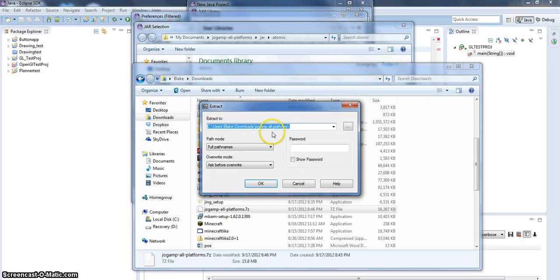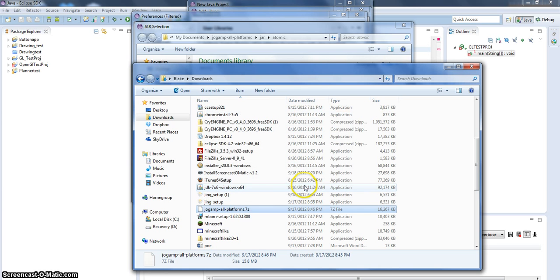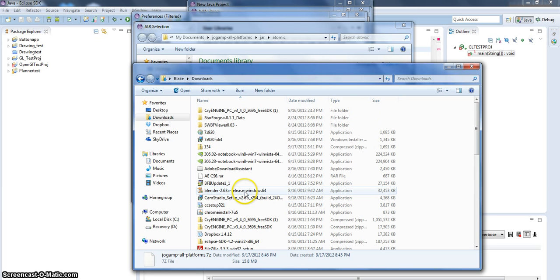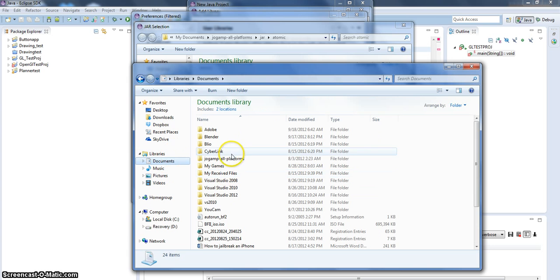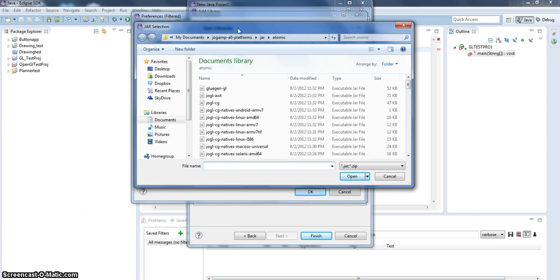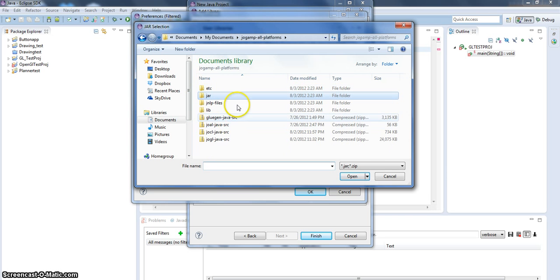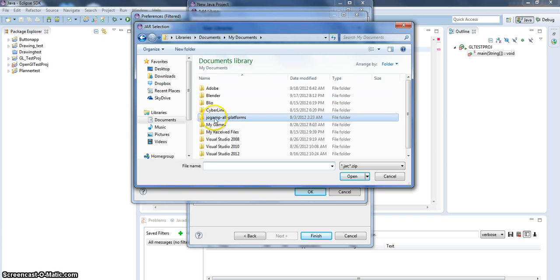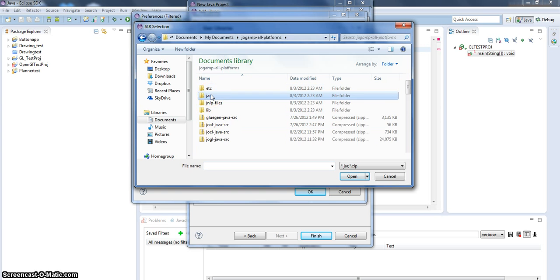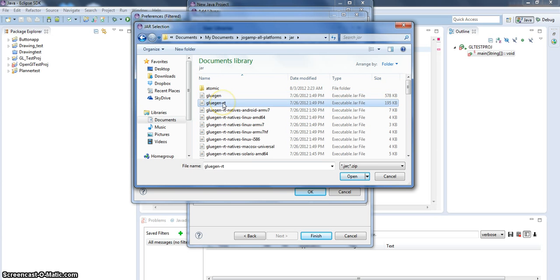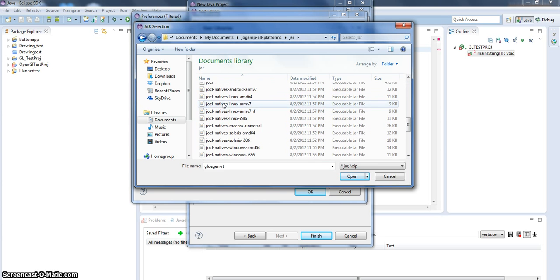Extract the files using 7-zip to anywhere you want. Now, I extracted mine to my documents. It's right here. So once you got that all set up, go back into Eclipse. And now navigate to the folder that you put it in. Select the folder, double click, open it, open the jar folder, click GlueGen RT,